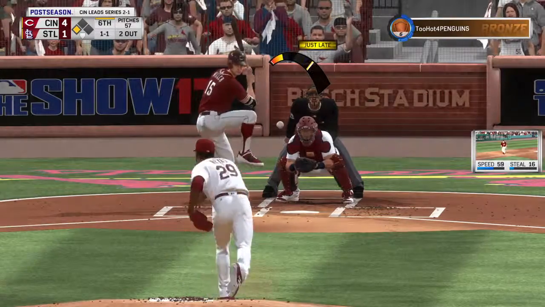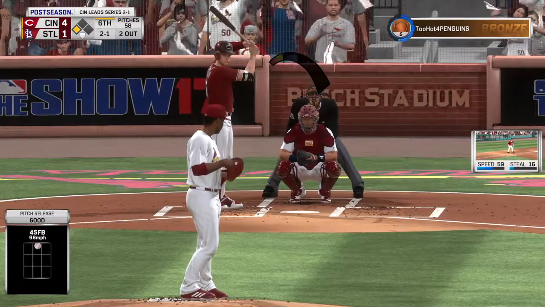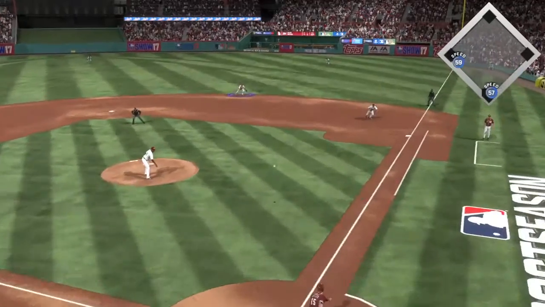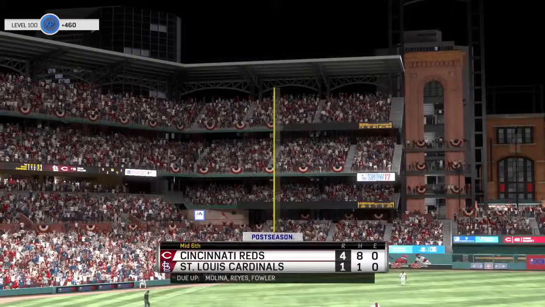Look into Molina, now the 1-1. And he takes ball 2, and it's 2-1. He's set, and the 2-1 pitch. Grounded to the right. Taken in by Carpenter. Throw to first in time, and the big inning is a...